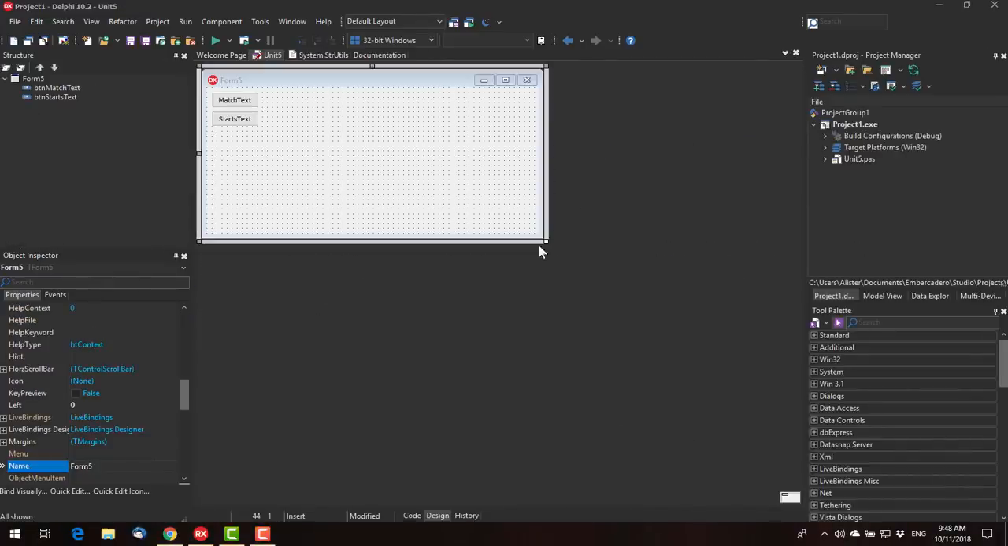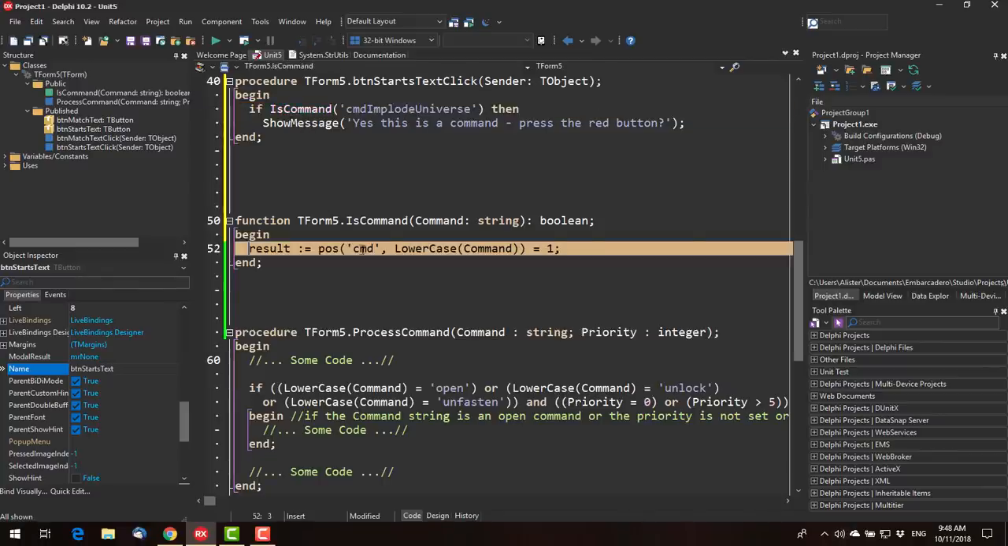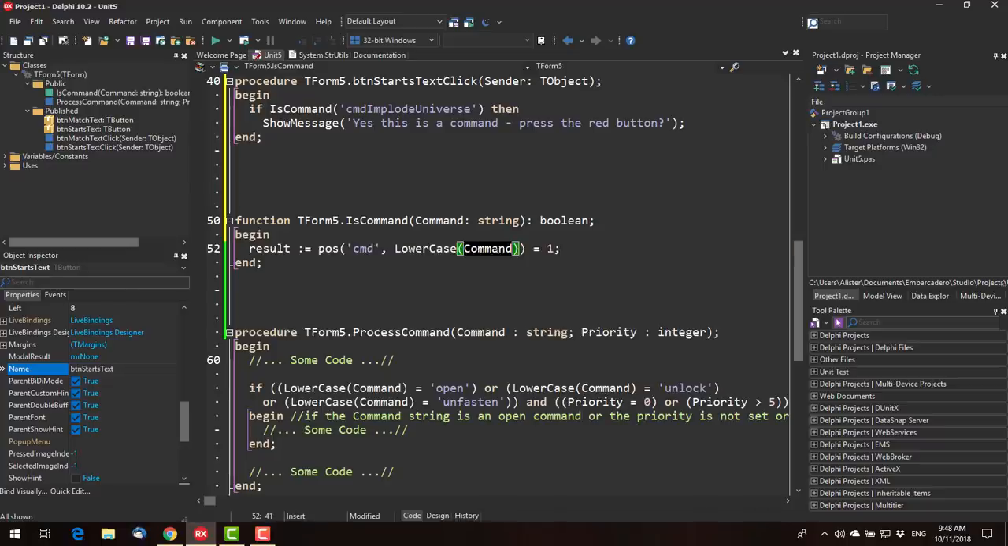For this next example, we're going to stay with the stray utils unit, and we have this function isCommand, and basically it checks to see if the first 3 letters of the command string are CMD, and it of course is doing it in a case insensitive manner because we're using lowercase and comparing to a lowercase string. But